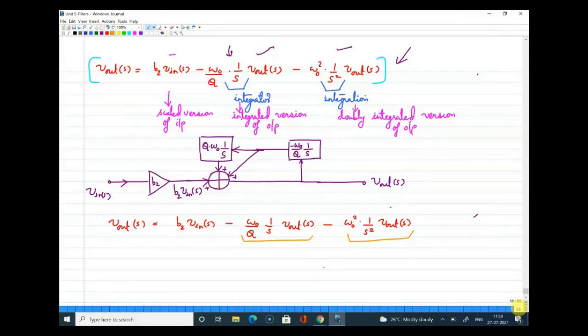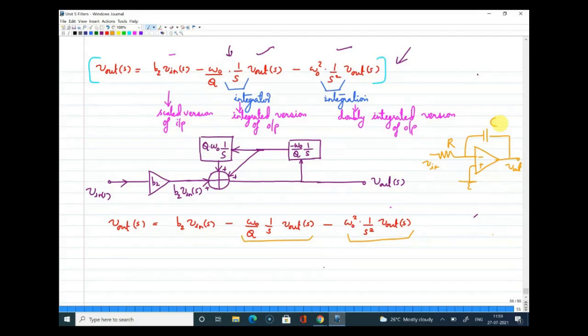Any thoughts? By using an op-amp, sir. Yeah, by using an op-amp, and we know that a simple integrator is, let me write it over here. You can get a simple integrator by having this configuration. If you add a resistance here and a capacitor at this point, the output here will be an integrated version of the input. This is what you already know. I'm not going into the details of that. The next point is very important.